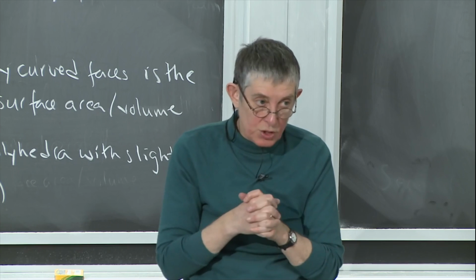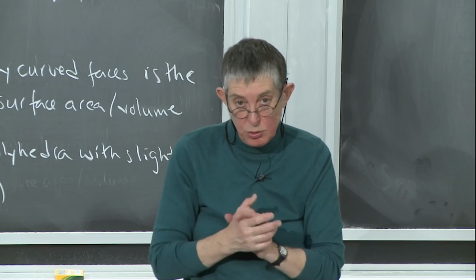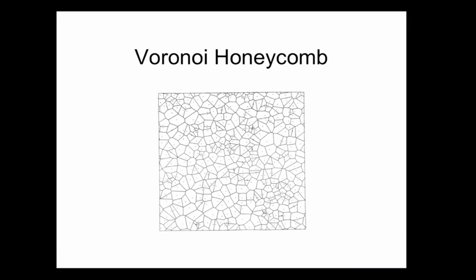I've shown a 2D version of it here just because it's easier to see in 2D, but you can imagine a 3D system. In order to make one of these Voronoi honeycombs, you can imagine if you have random points, so here, say that little point there is one of the nucleation points, and here's another point here, you form this structure by drawing the perpendicular bisectors between each pair of points. So this is the bisector between these 2 points. Here's a bisector between those 2 points. And then you form the envelope of those lines around each nucleation point, and that then gives you that structure.